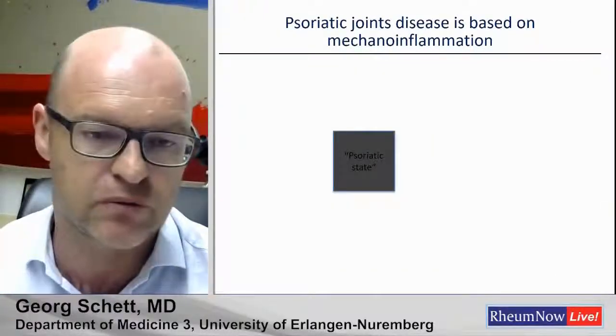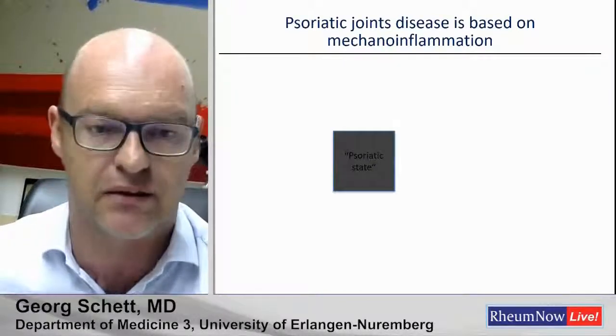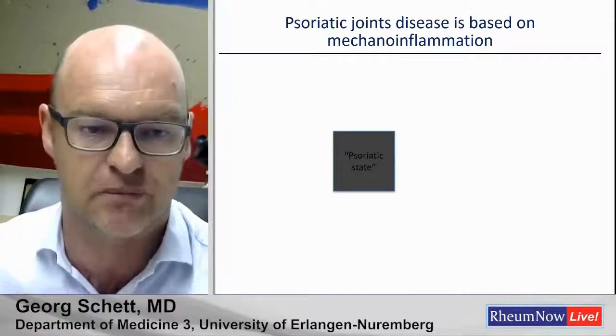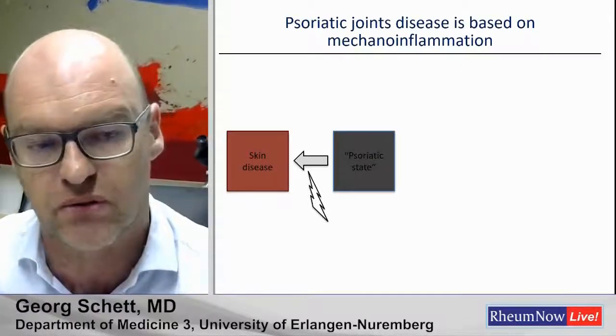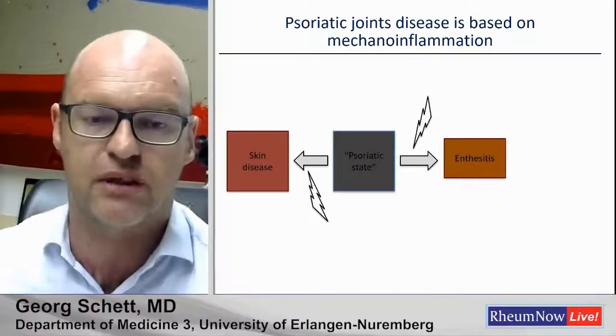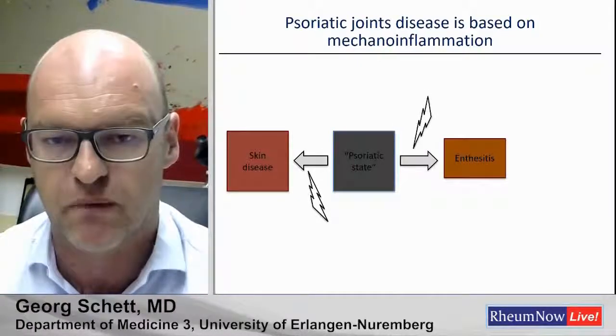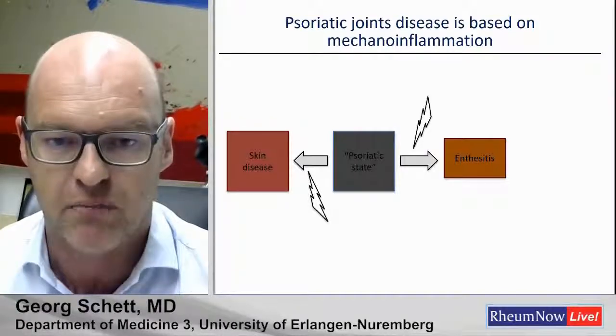This concept is also very important for rheumatologists because the psoriatic state, meaning a genetic susceptibility to long-standing inflammation, is not only triggering skin disease, as I have shown you before, but can also trigger mechanoinflammation at mechanosensitive sites in the musculoskeletal system, particularly